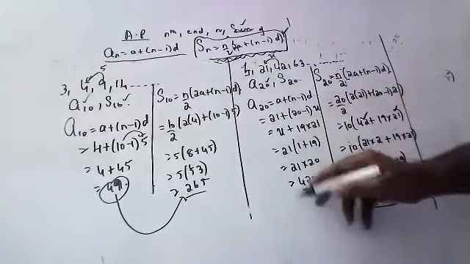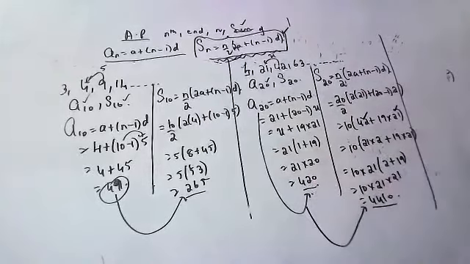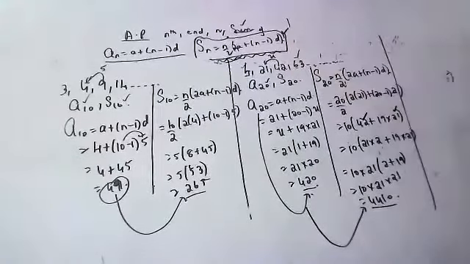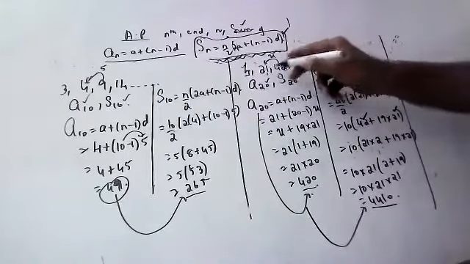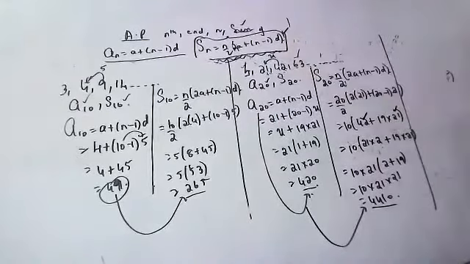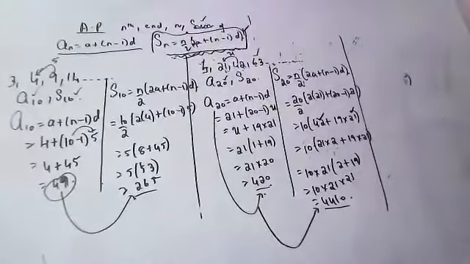Children, the 20th term is 420, but the sum of 20 terms is 4410. Children, there is a lot of difference. The third term is 63, but the sum of 3 terms is different. The second term is 42, but the sum of 2 terms is 63, like that. Try to understand, children. Are you able to understand, everyone? Yes, sir.